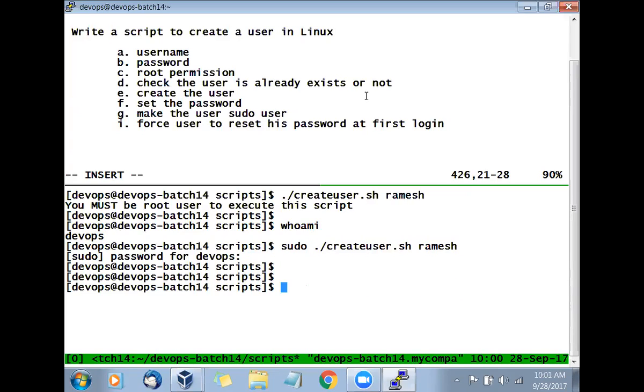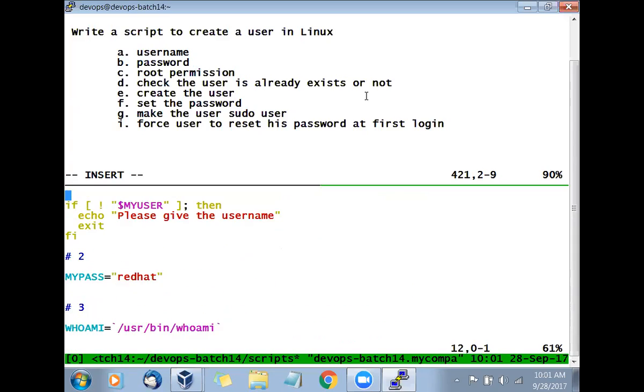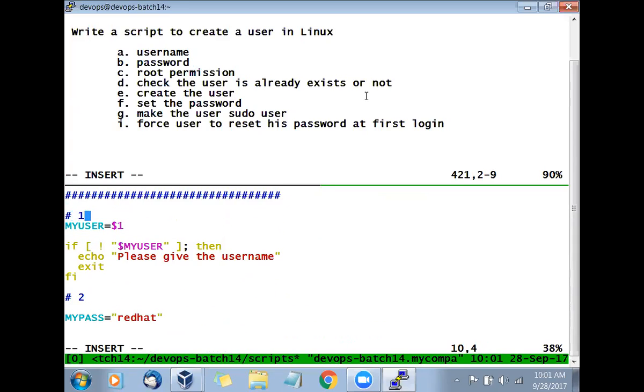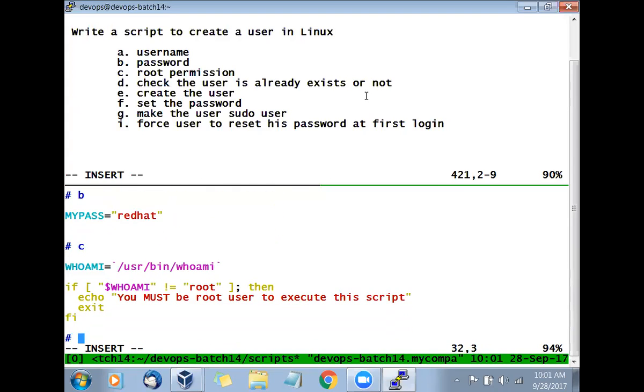Okay, now what is the next task? So am I using numbers or ABCD? Oh, I'm using numbers here. So I'll replace this with the letters, so it will not confuse you. Or I can do ABCD in that. What do you want? ABCD is okay? Okay, so let's go with that. In the script, I need to update. So this is the section A. This is the section B we are talking about. This is the section C we are talking about. Now we are going with the section D. What is the D section?